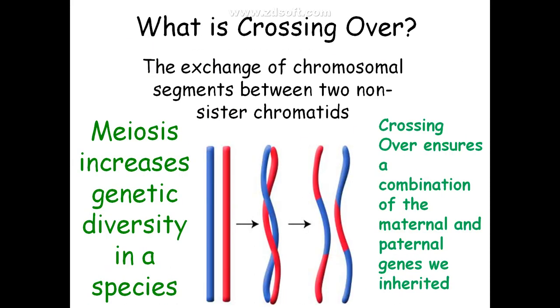Now you can come to a conclusion. This is the homologous chromosome pair. One is blue in color, one is red, just for the sake of differentiation. Now what has happened here? See, they have crossed over with each other. This point is called the crossing over point. You should not confuse it with the centromere. You are studying all that in cell biology. This point where they have crossed over is called the chiasma.